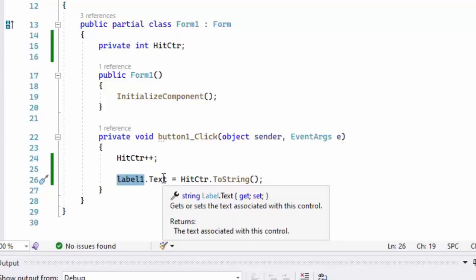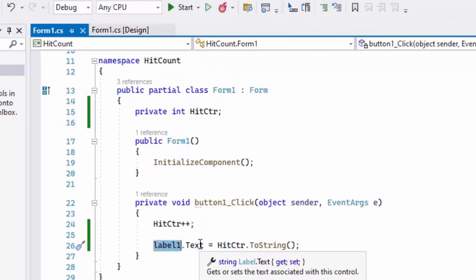For this kind of application, this hit counting up and down is still okay because we only have maybe 1 or 2 label. But when your application is complicated enough, you have maybe 20 label or 50 label, you need to give the label name, or in this case the variable name, to indicate the purpose of the label.